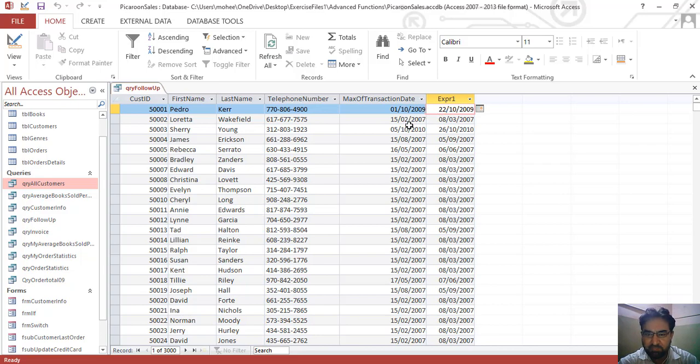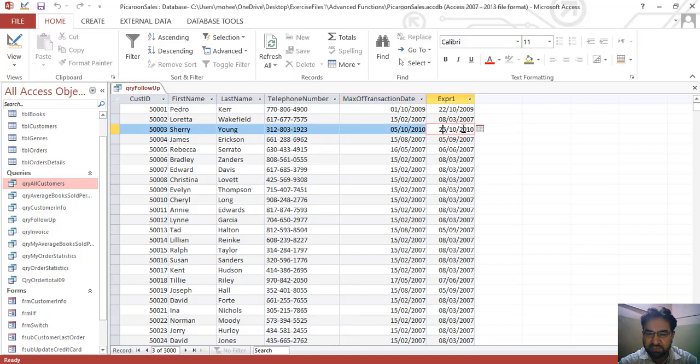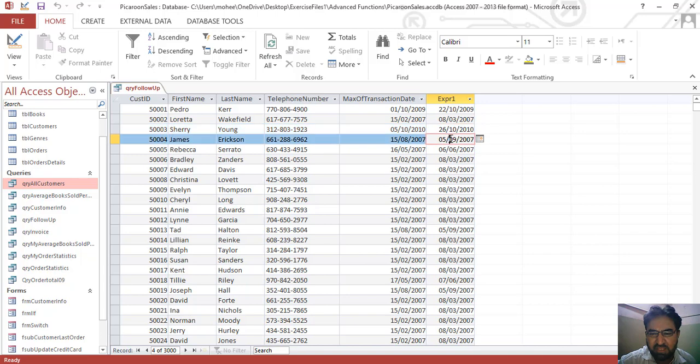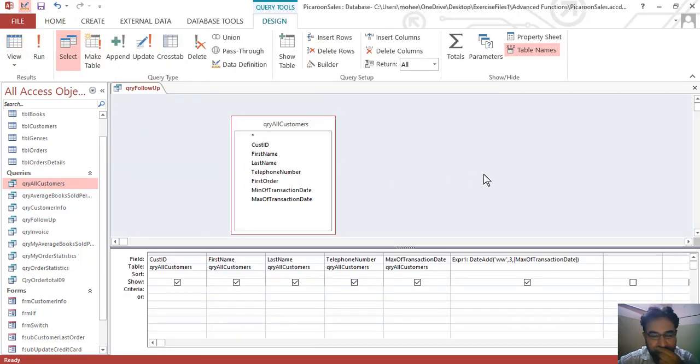The same way we can see here that 5 October is turned to 26 October. So we have successfully added 21 days to our existing dates, because we have to send a follow-up email to the customer after every order when 21 days have lapsed. Go back to the design view.